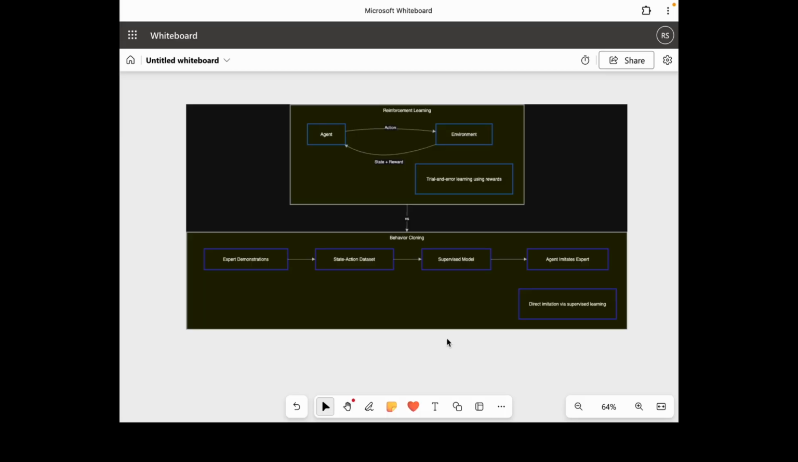These two paradigms represent different philosophies. Reinforcement learning is about trial and error, where an agent learns by exploring and receiving feedback in the form of rewards. Behavior cloning, on the other hand, is about imitation, where an agent learns by simply copying the behavior of an expert. By the end of this tutorial, you will understand not just what reinforcement learning and behavior cloning are,